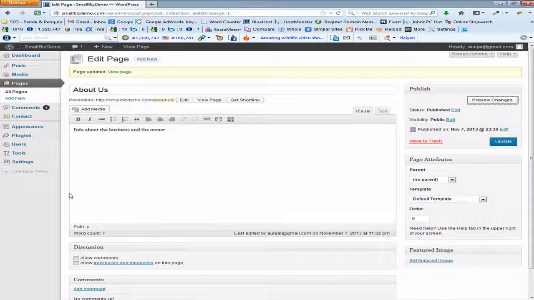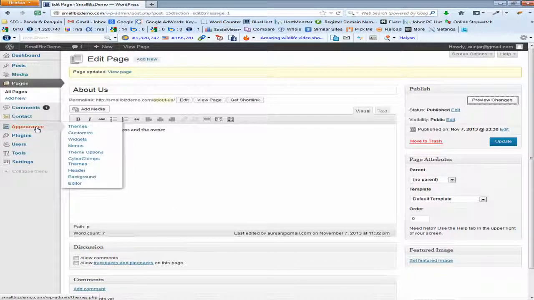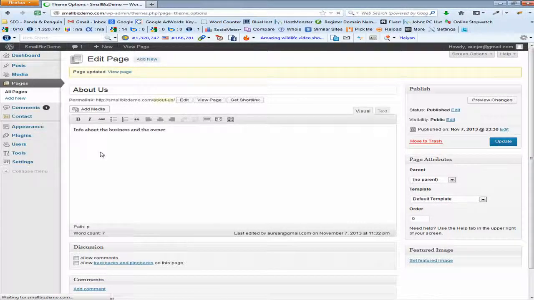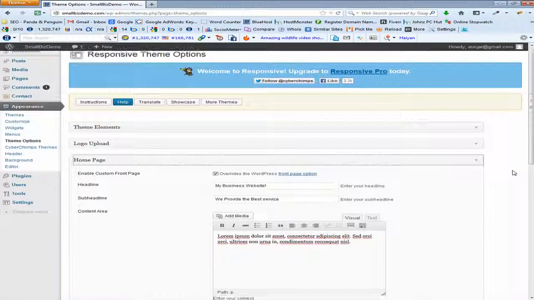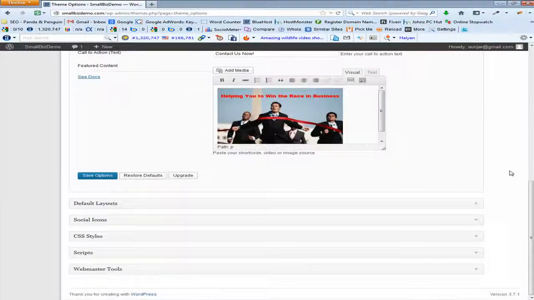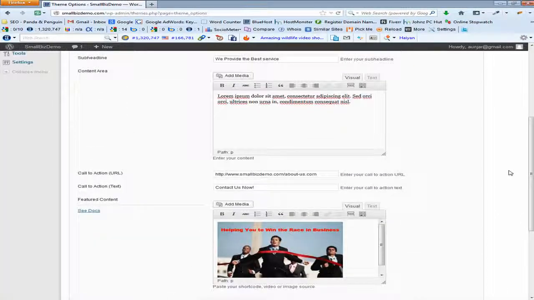Okay, let's go ahead and link this. We need to get back to the theme options section. We go to Appearance, click on Theme Options, then we're going to click on Homepage, and we're going to scroll down. And remember, when we